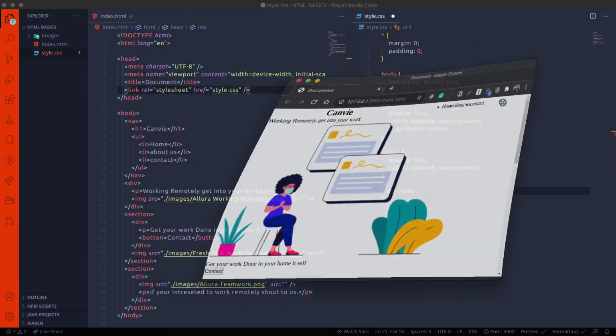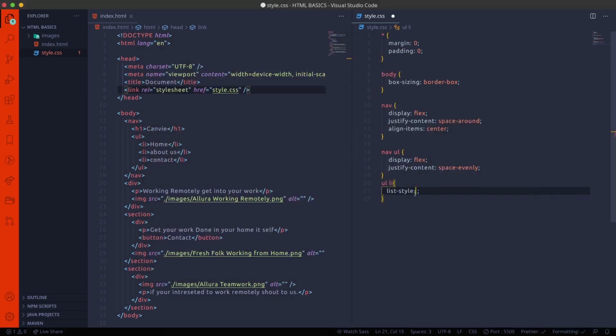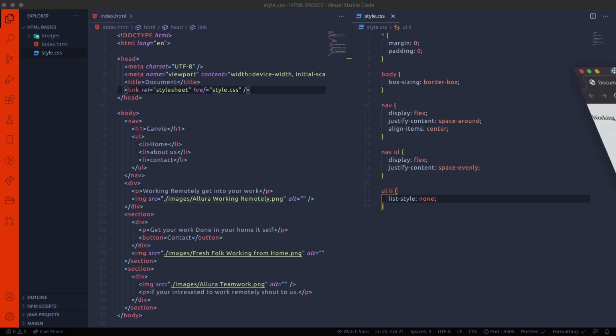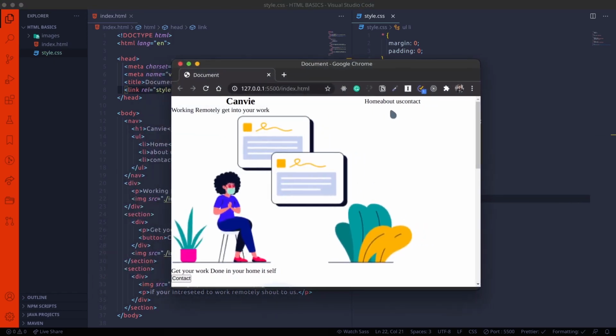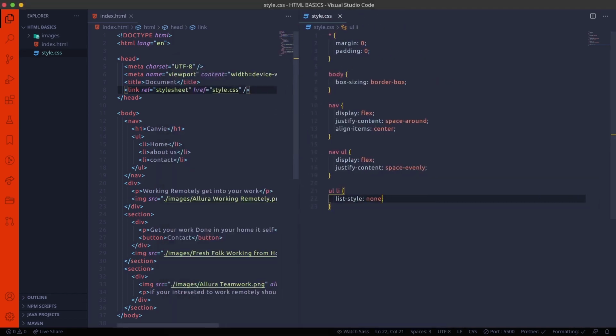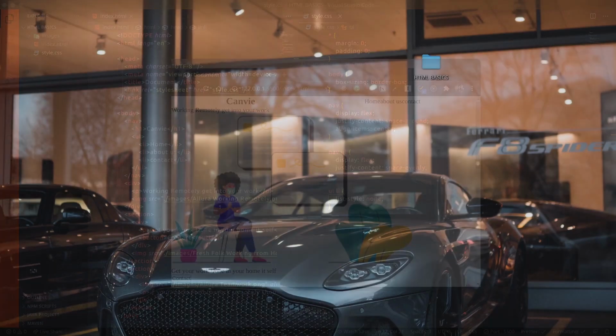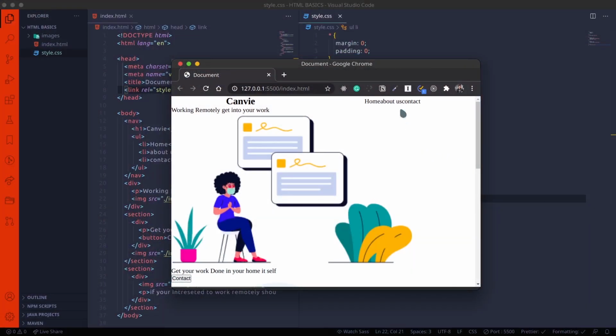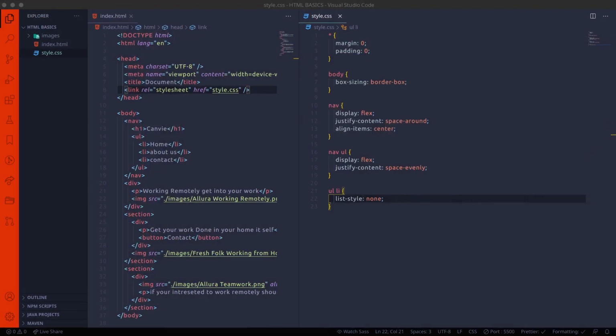What is meant by list style? You can see here the dots next to home, about, contact us. In order to get rid of that, we are using list-style none. And now see how beautiful it is. We will use the margin and padding.